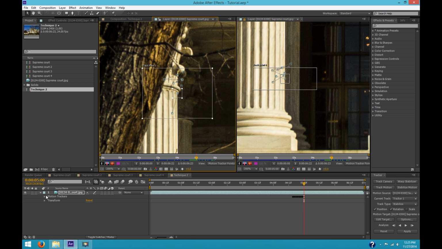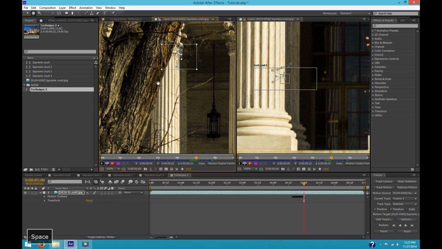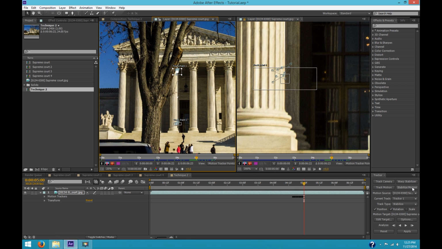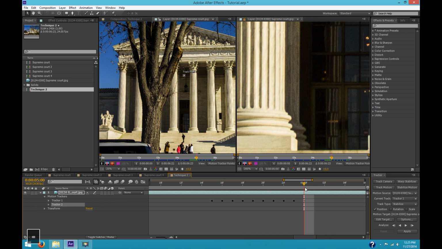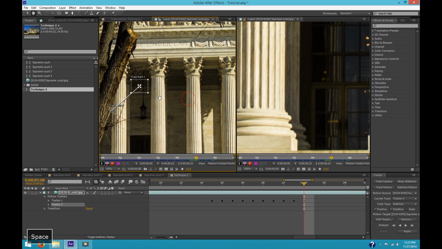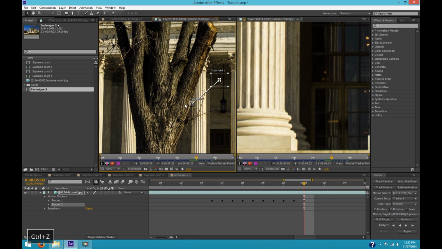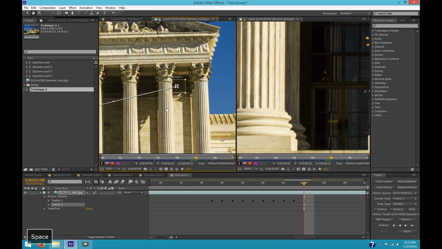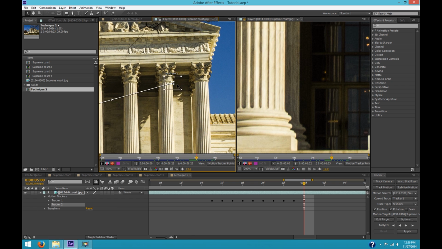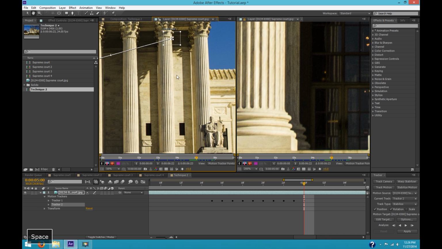Okay, so now I've reached a point where tracking point 1 is about to go behind a tree. So what I'm going to do is just hit stabilize motion again, and it's going to bring up a new tracker. Now it's tracker 2, and I want the first frame of tracker 2 to correspond to the last frame of tracker 1, so they should overlap by 1 frame. So I'm going to check position and rotation again, and this time I'm just going to choose a different pillar. Let's move over a few pillars. Just choose a point there.